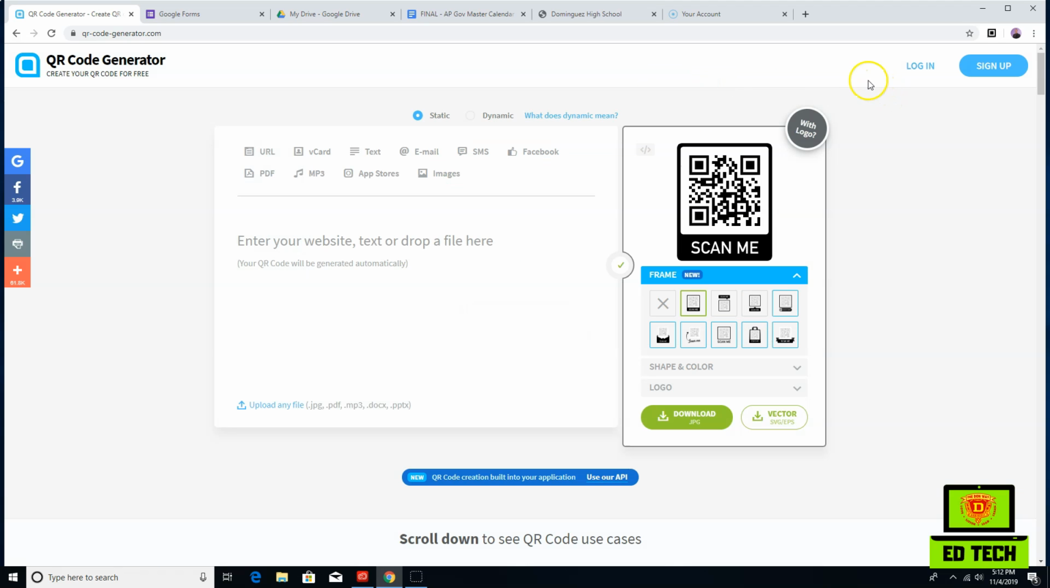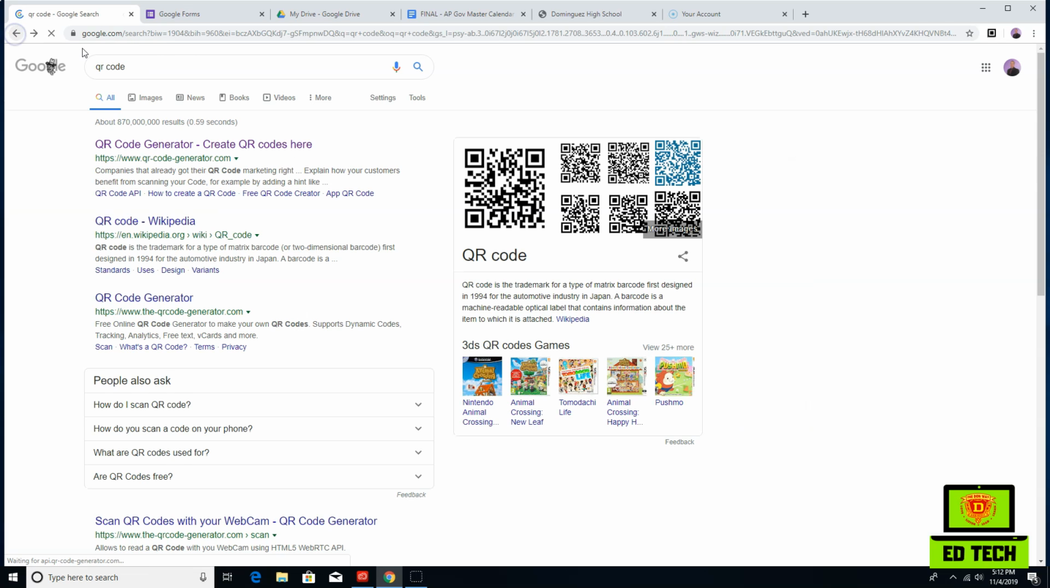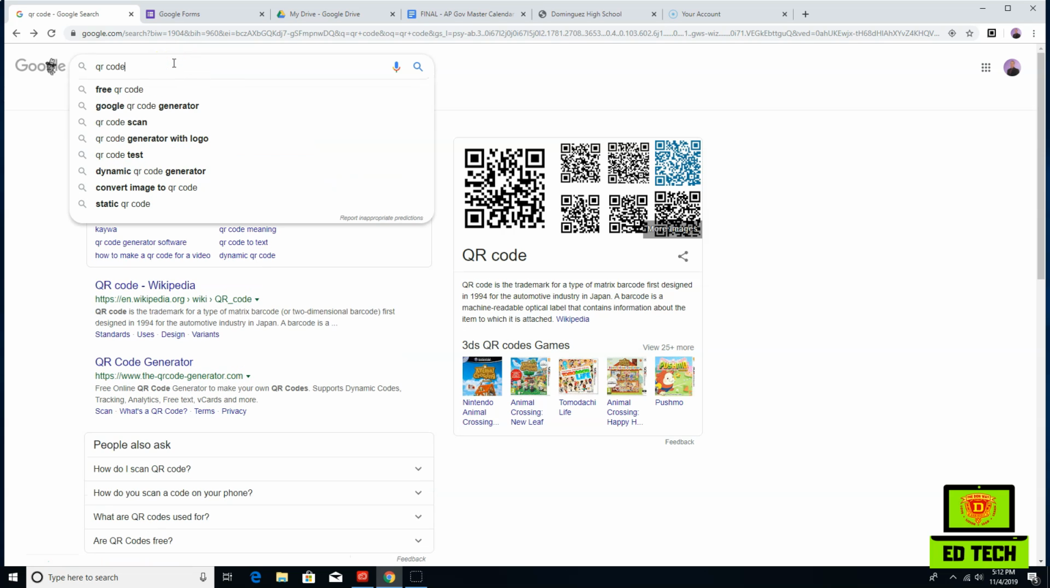The only problem with this is it does cost after a certain point. So that's kind of the kicker, is I believe you get 10 or 20 free downloads. Then after that, you have to pay and then you lose them. So if you're willing to pay, QR code generator is a great way to go. However, if you don't want to pay,